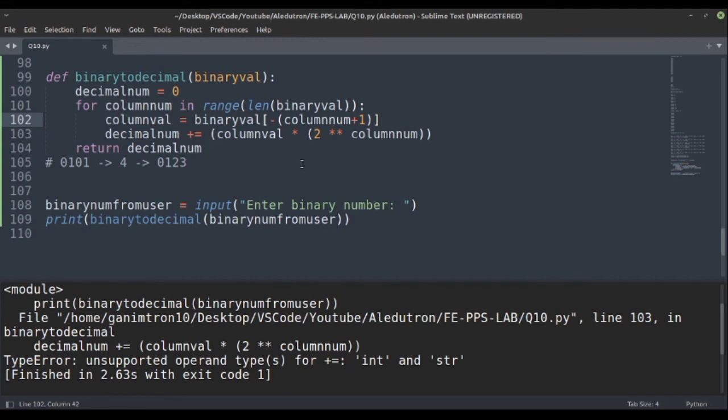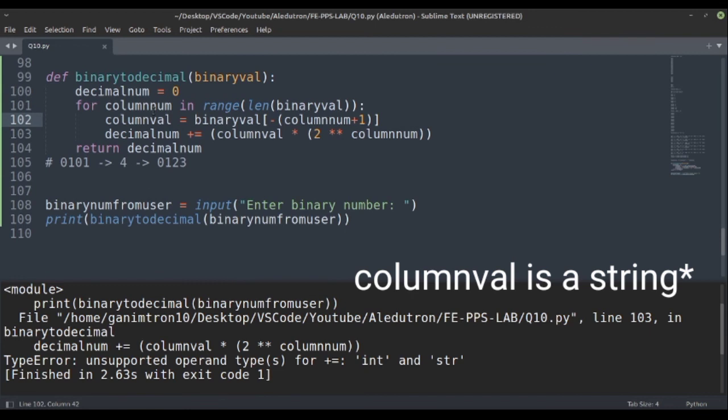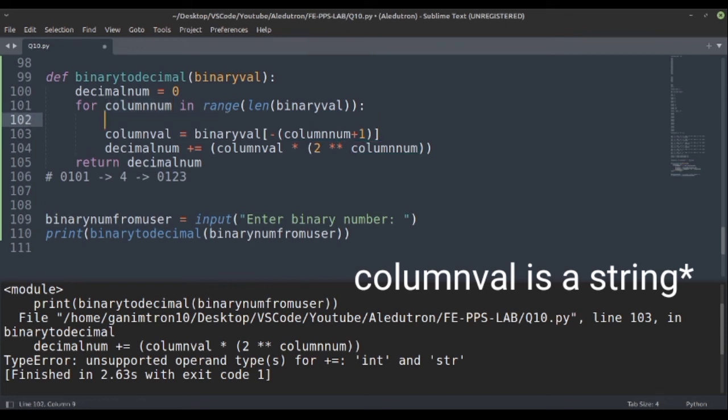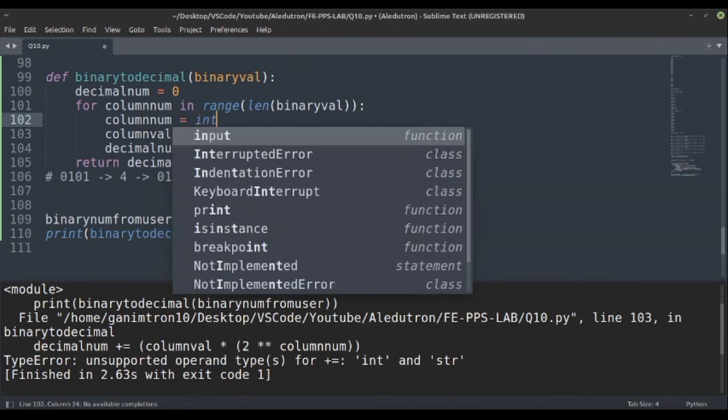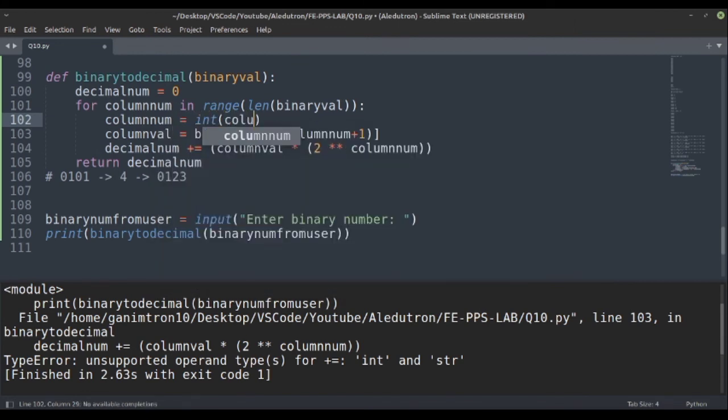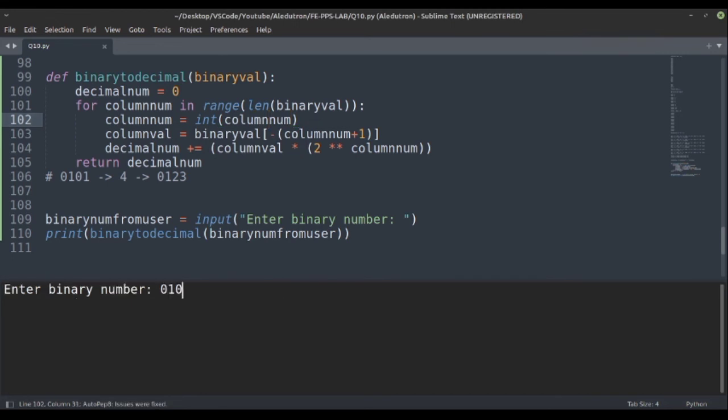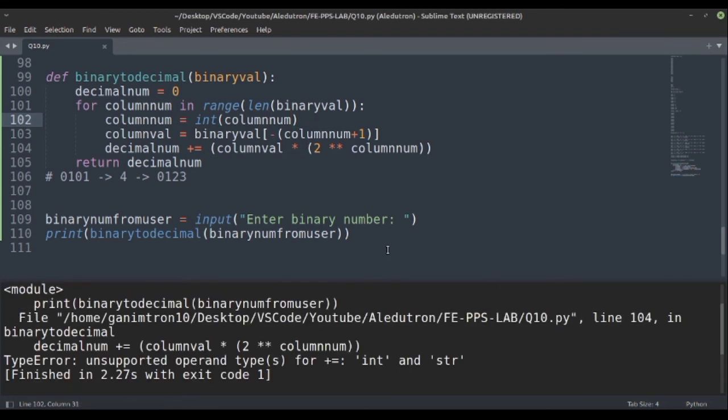So basically this column number is a string. We are iterating through the string, so column number is a string. Convert this into integer using explicit conversion, column num equal to int of column num.